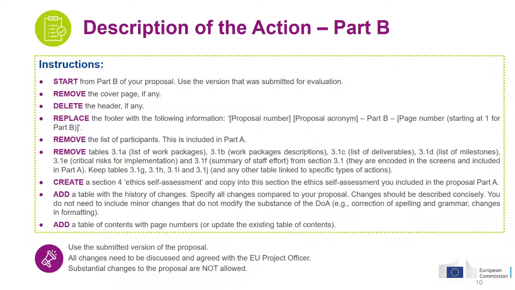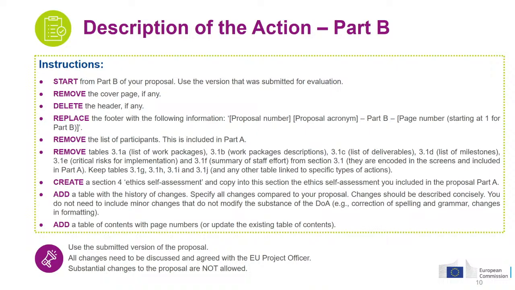And then we need to remove a series of tables that, as we said, are going to be moved to the IT screens and included into the Part A of the description of the action. These tables are the list of participants, the work packages. You see them all here with the mapping of how you find them in the proposal Part B, the deliverables, the milestones, and the summary of staff effort. You have them all there,